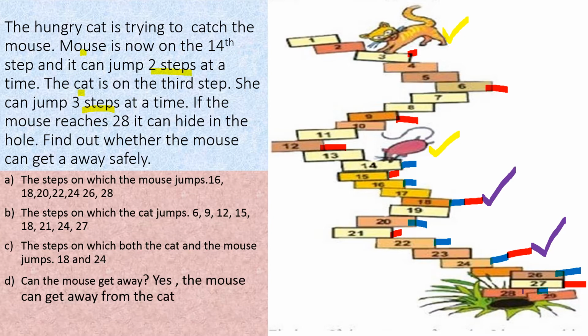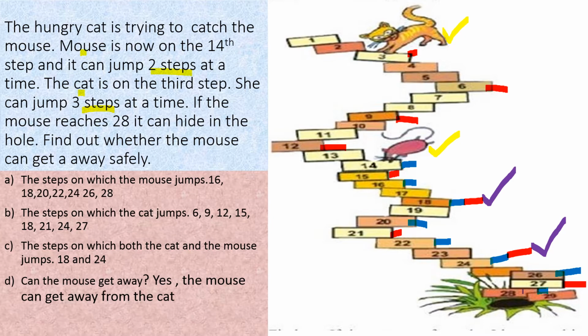So the mouse is one step higher than the cat, the mouse is faster than the cat, and it can go hide in the hole. So the mouse gets away from the cat. It is safe now. The cat cannot get the mouse. It cannot catch the mouse. So the mouse escaped from the cat. Are you all interested in this story?